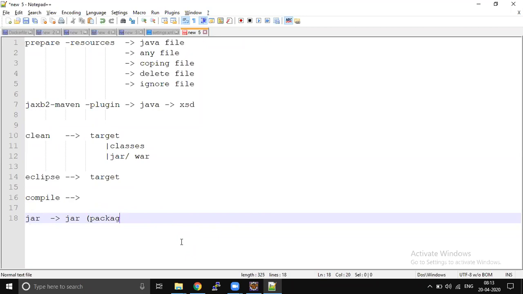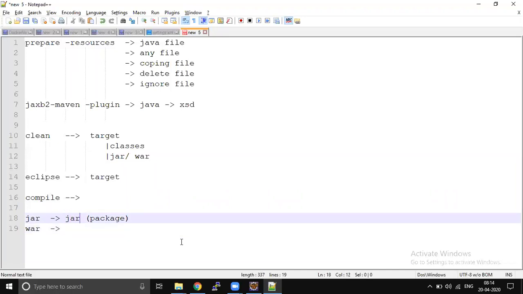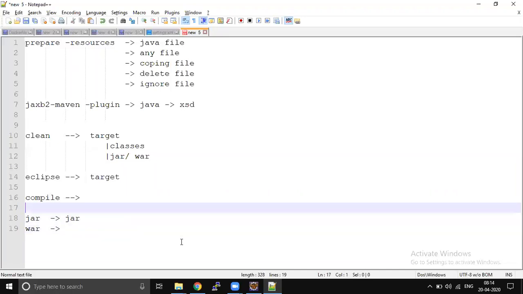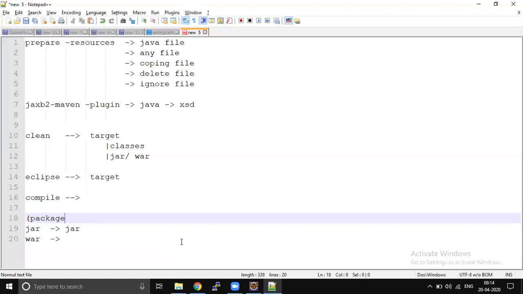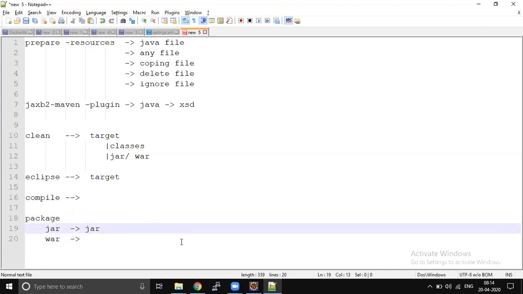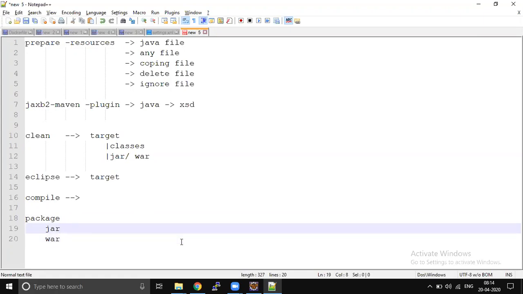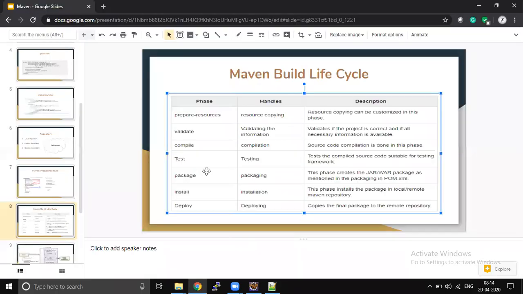If you write the configuration to create a war file, then the same war file will be created as part of package. So package is nothing but packaging your project into an output. It can be a war, jar, or ear. It doesn't matter, that is going to be the final output, and it will get created as part of the package lifecycle.